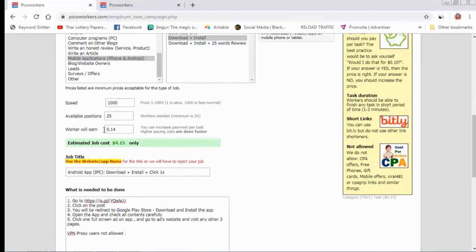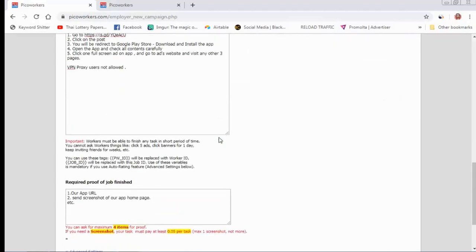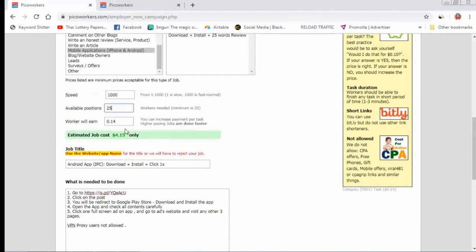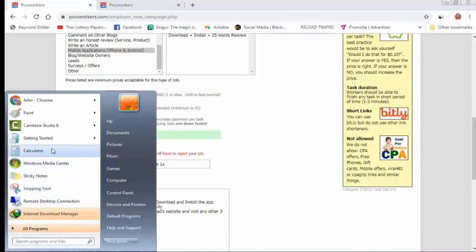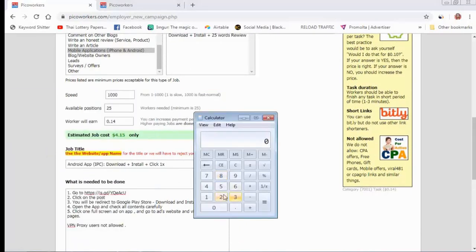So for this campaign you need to pay 14 cents per user and you will get 25 clicks from Pico Worker on your Android application. For example, if you get a CPC on AdMob of 0.50, maybe into 25, you will earn $12.50 from only this campaign, 25 clicks.